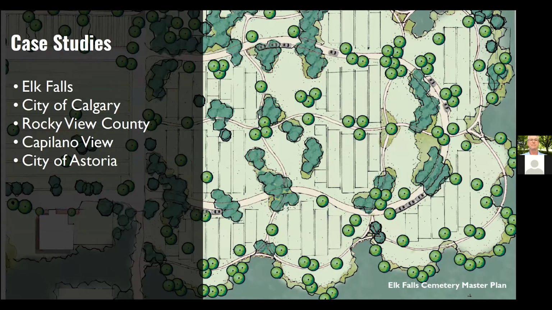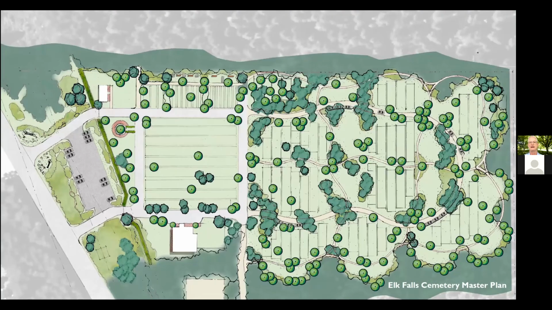So a couple examples here, some case studies, so you get a sense of what your master plan end product would look like. In this case, Elk Falls Cemetery, Vancouver Island. The developed part of the cemetery was where my cursor is, off to the left, and the right was